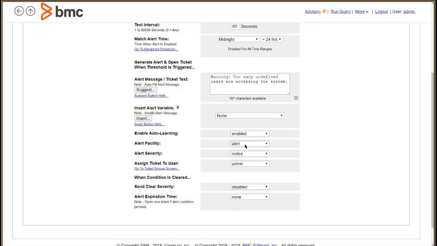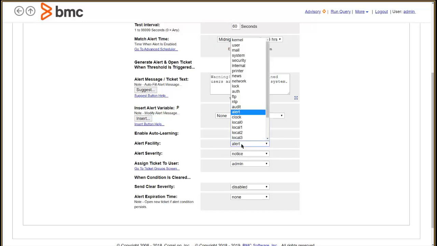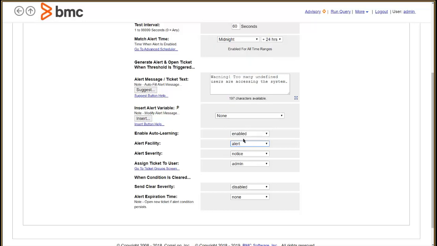We need to define the alert facility type for our message. We're going to choose alert, and then we can set the severity of this alert. We're going to put it at warning for today, because if someone is doing that, you might want a nice little warning severity. You can set the user ID that a ticket is going to be cut for this